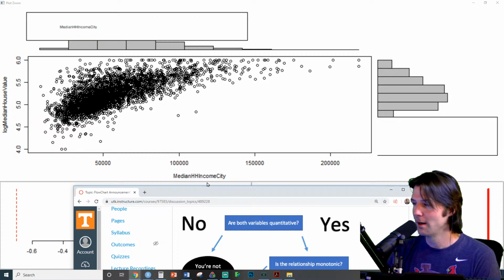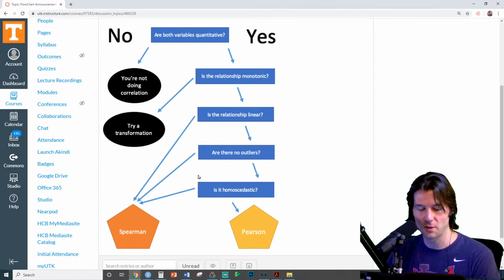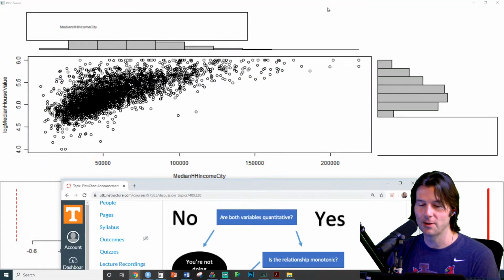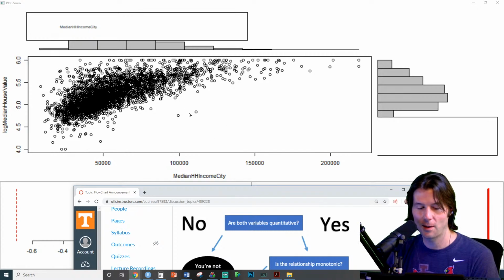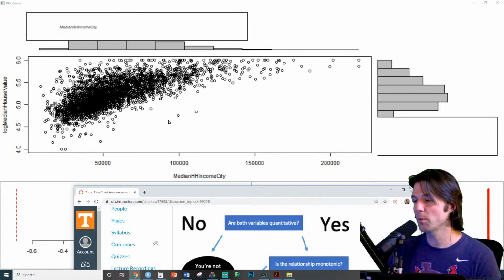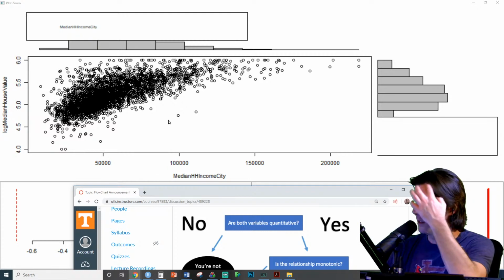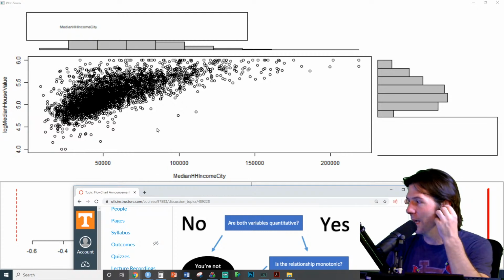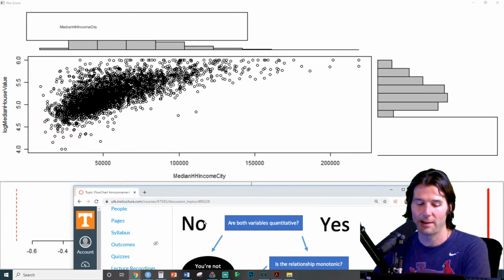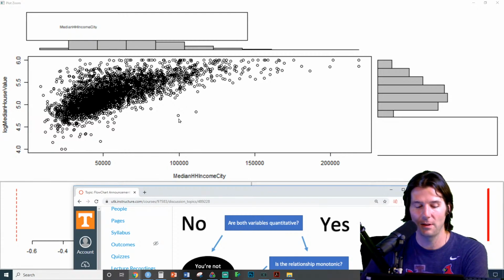That's not linear. So that's a problem. That automatically puts us over here. Are there no outliers? I mean, the bigger problem here is the non-linear nature. There's outliers-ish. The degree to which there's outliers, yeah, those are outliers, but the non-monotonic